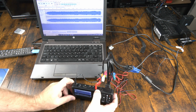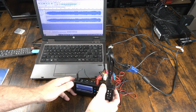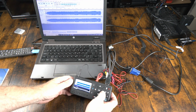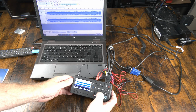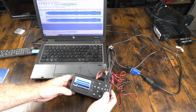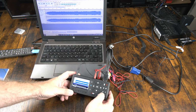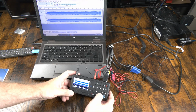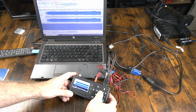I've discovered that when using the mini jack audio in, whether you're recording or not recording, it disables the volume on the ClonerAlliance. So these little speakers here are not going to play anything when I'm using this input here, even with the